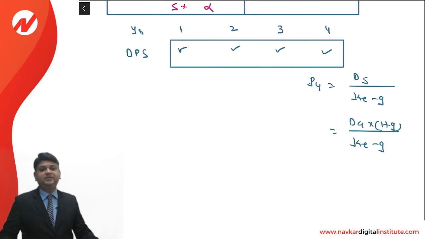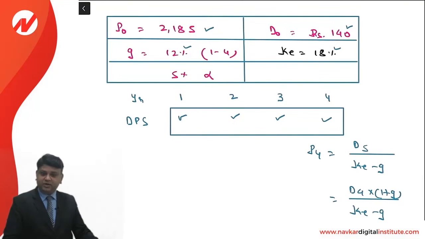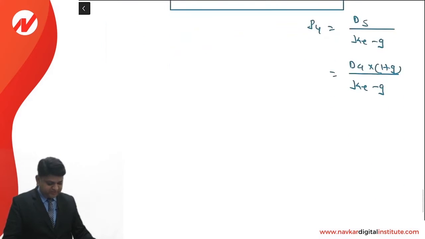Whatever dividend income that investor is going to receive, all of them have been discounted to fourth year end, that is called P4. This is the process that we are required to adopt for calculation of P0. So the first 4 years dividend and P4, all of them would be discounted in present value term for the purpose of P0 calculation. One more clarification that I want to give you, dear students.